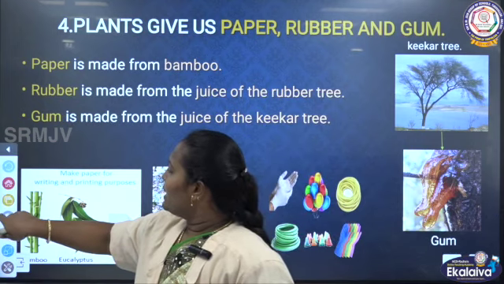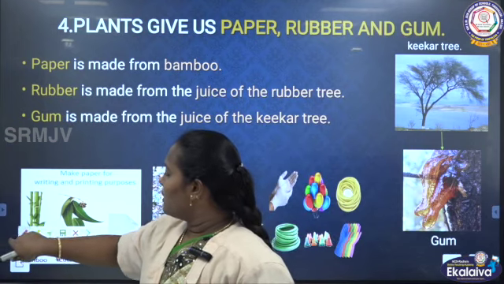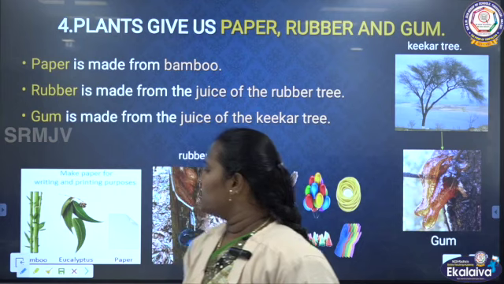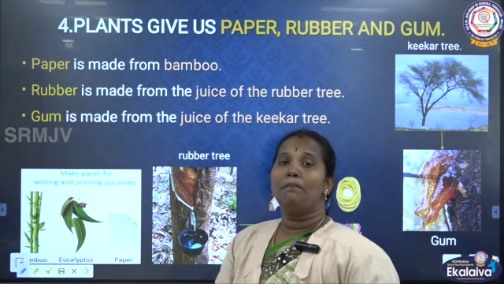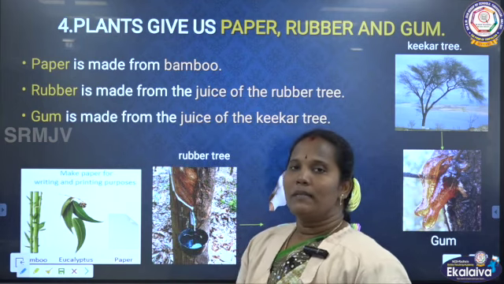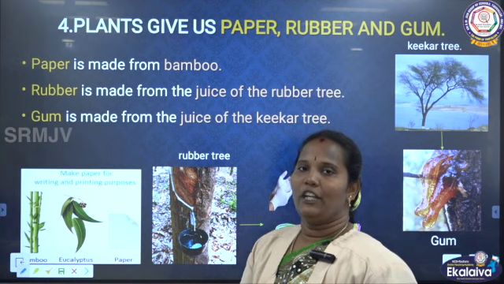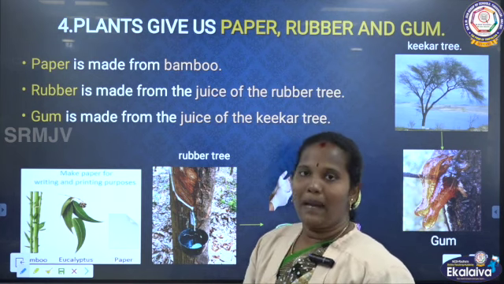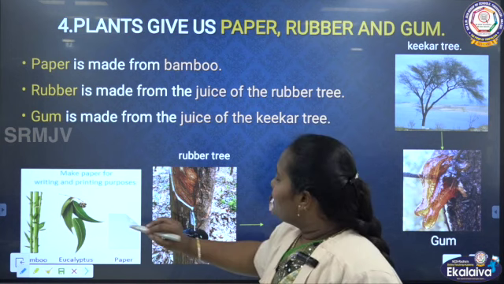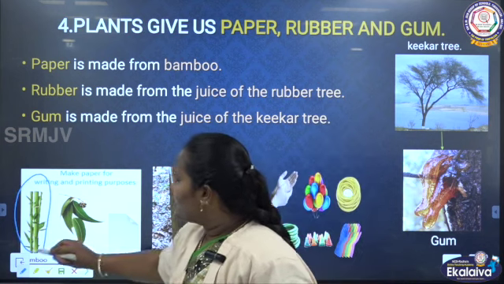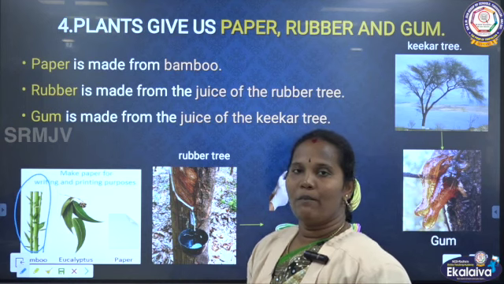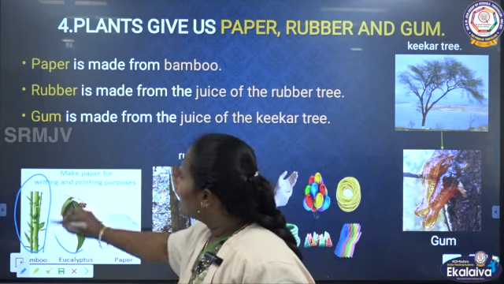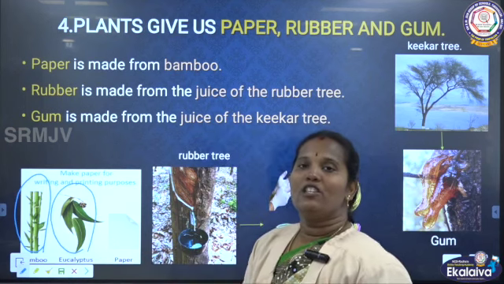Then next one, we get paper from the plants. We get the papers. We are using notebooks, books, many things for writing. No, these notebooks and books we get from the plant. Actually, the bamboo plant is there. The stem part of the bamboo plant and then the eucalyptus plant, plants like these are used